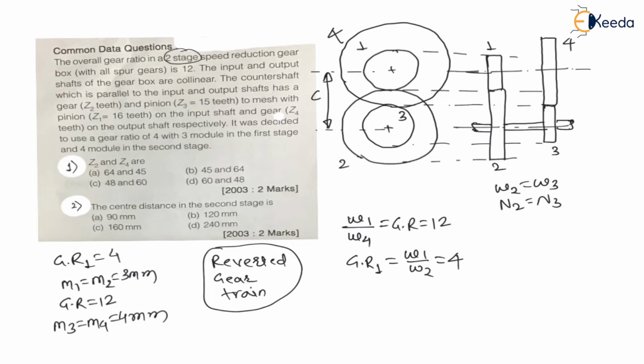Now again, number of teeth on first gear, Z1, is given 16 teeth. Then number of teeth on second gear needs to be calculated. Number of teeth on third gear is given 15 teeth, and number of teeth on fourth gear needs to be calculated, right? Again center distance needs to be calculated. Note down this question so that we will find the answer. We will get space here for the solution.